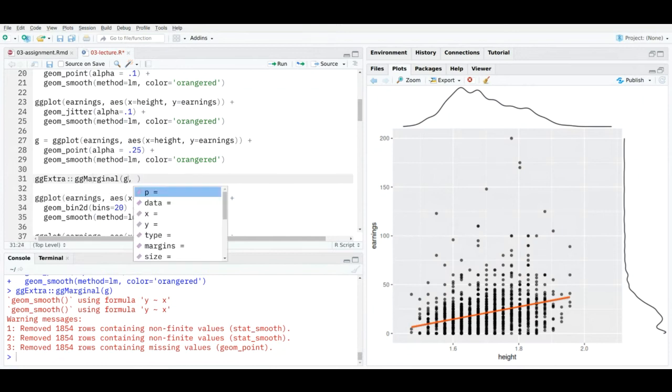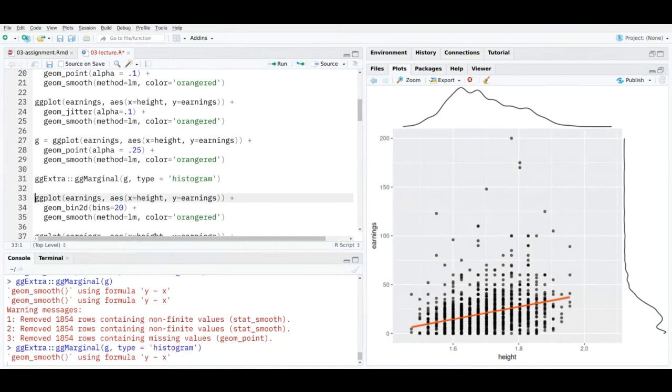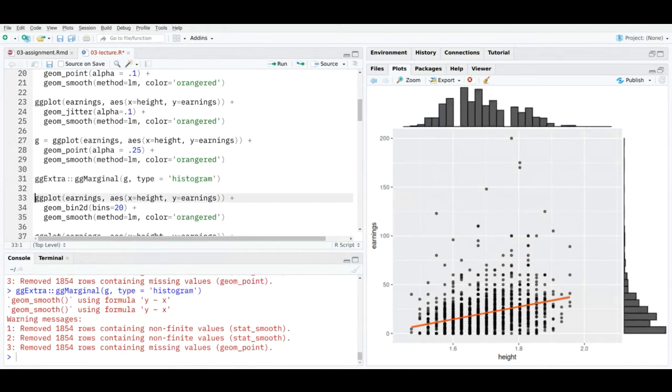Now I think there's type equal to histogram. I can make it a histogram as well, rather than a density. And there you can see for sure that the height of the bins corresponds to the number of points in that bin. So if I were to just show you the scatter plot and ignore those densities,